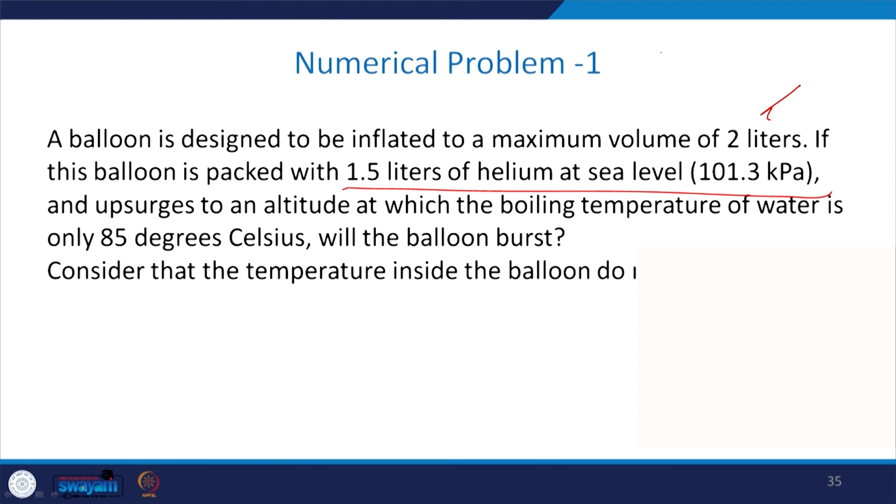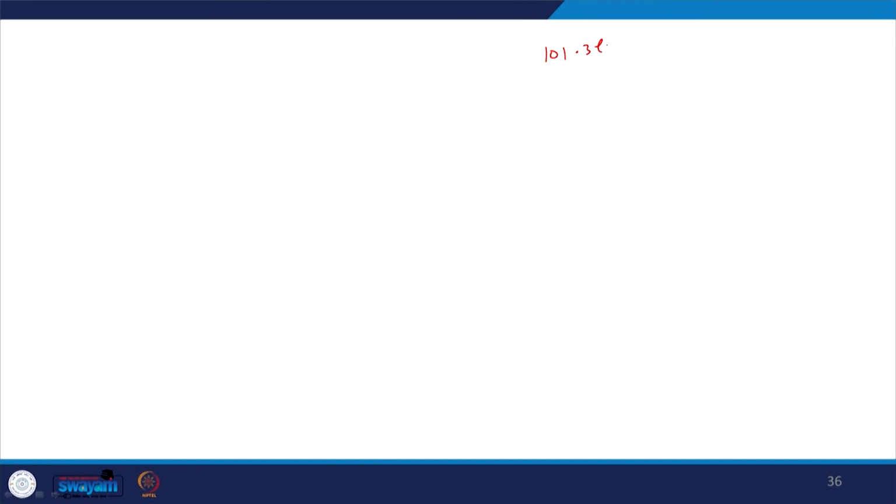As this question hints at a change in temperature, let us first visualize the process. We know that the boiling point of water at sea level is 100 degrees Celsius. The boiling point of water decreases linearly with the rise in altitude, therefore using the cross multiplication method we can calculate the pressure at 85 degrees Celsius, which is given in the question. So 101.3 kilopascal at 100 degrees Celsius, and x kilopascal at 85 degrees Celsius. So x is equal to 101.3 into 85 by 100, and that comes out to be 86.105